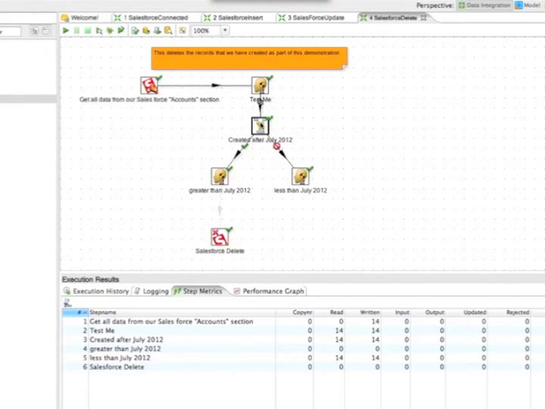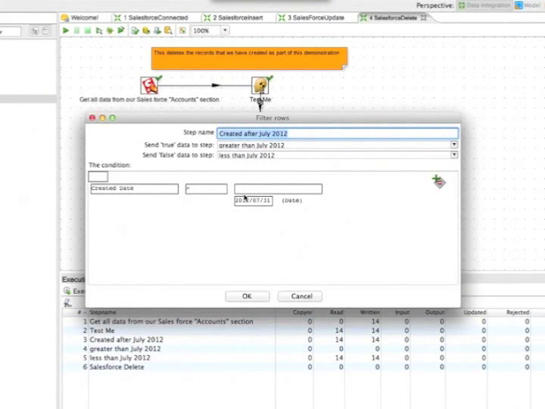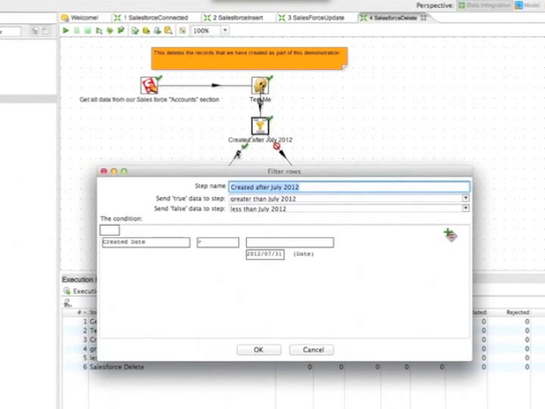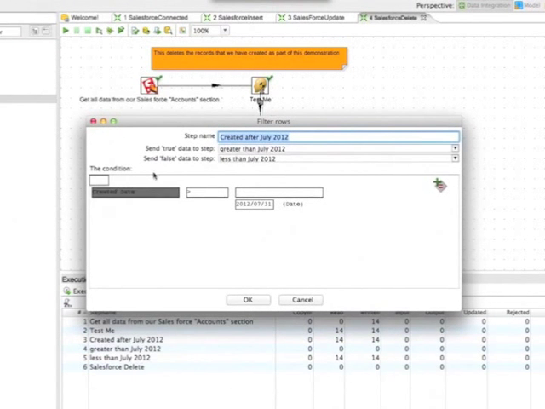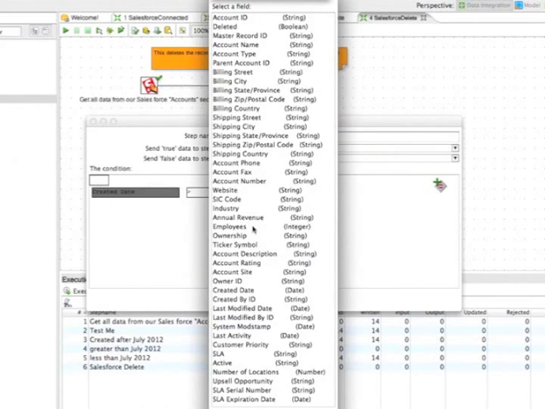So if we look at the filter rows, we see how to implement that. We see that we're sending true data to greater than 2012 and false data to less than 2012. So that's where that green and red icon on the hops came from, based on this true false step here. And then the condition here is I picked which field I want to do an analysis on. So I selected created date,